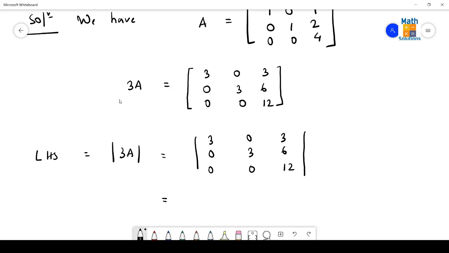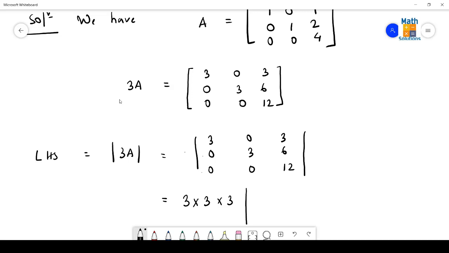But there is another technique. In case of determinant, from each row and column we can take common elements. Say from this first column we can take out 3, because 3 into 1 is 3, 3 into 0, the result will be 0, again 3 into 0, the result is 0. So from the first column I am taking out the scalar term 3. Similarly from the second column also we can take out 3. From the third column again we can take out the scalar term 3.